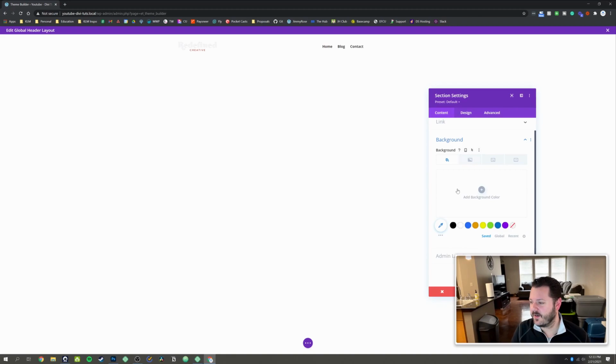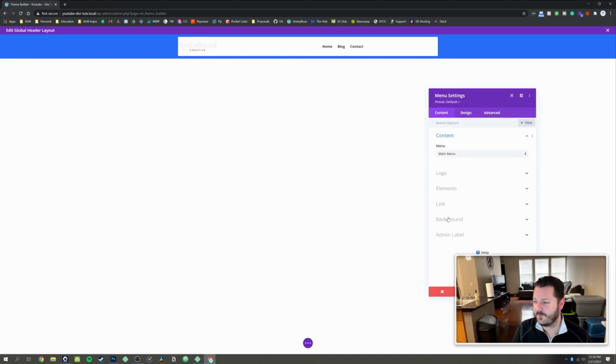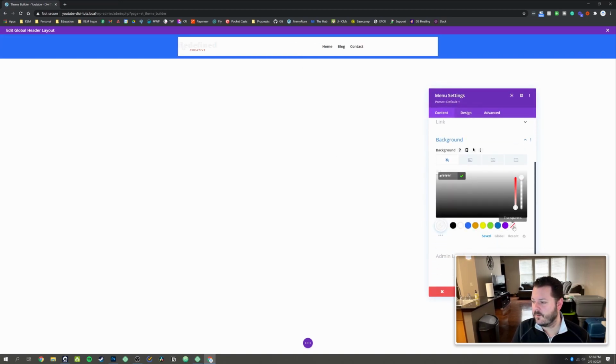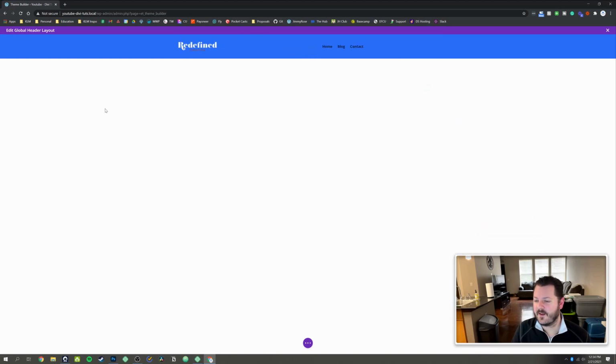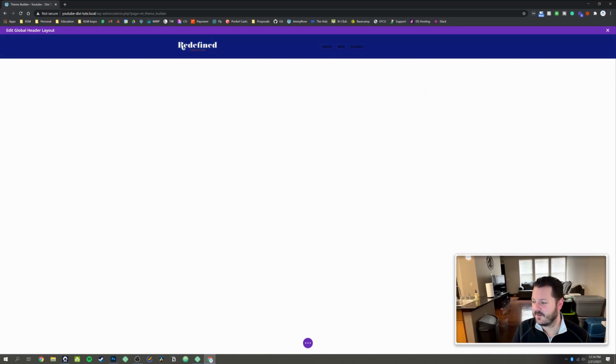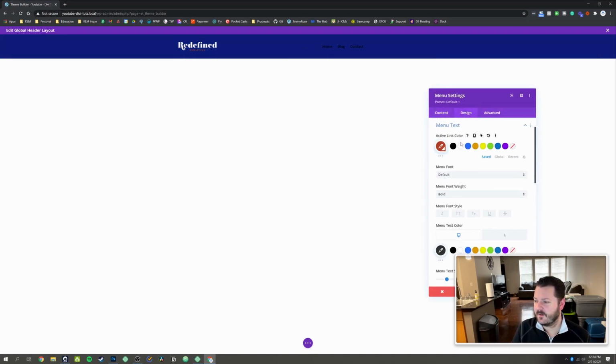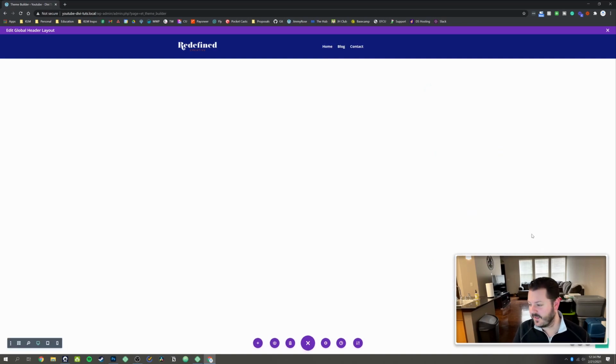So we can go here and just pick a color. Could leave it white, update that. There's a lot of options. You could go blue, and then you just have to remove the background color on this menu, and everything fades in. Now that's not a great color to use here, but you kind of get the idea. We could go with something like this, and then just update the menu text color. So active could still be that orange, menu text could be white. Save it,